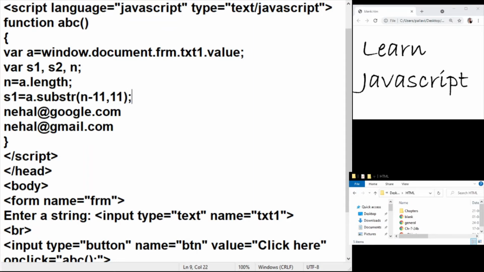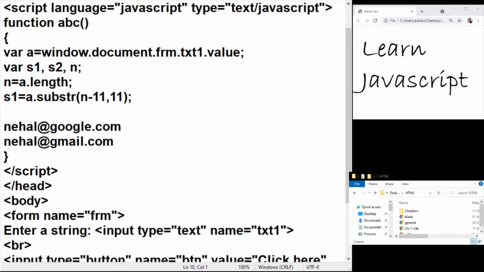This is an assumption that the domain may be google.com. Likewise, in S2, the total number of characters is 9 plus 1, 10. So from the n minus 10th position, I want to extract 10 characters.